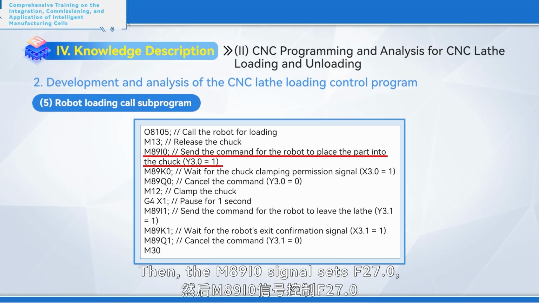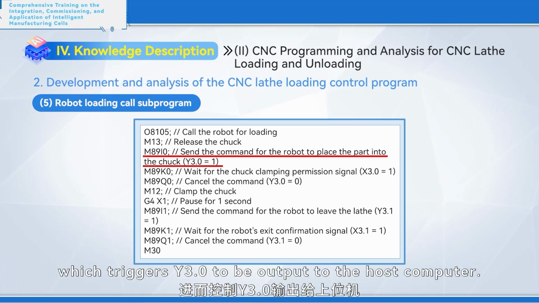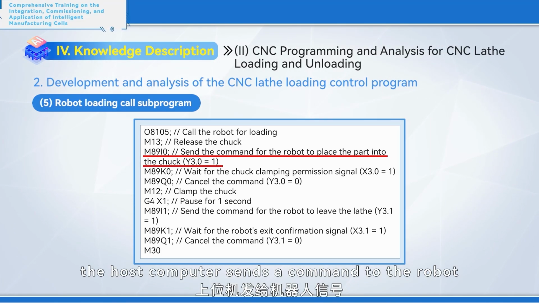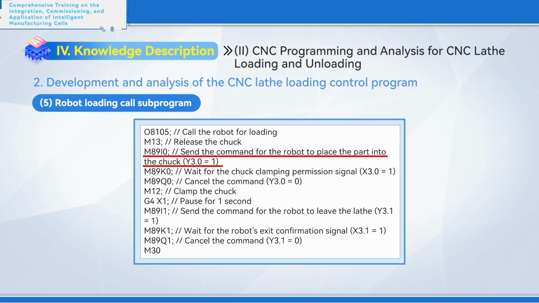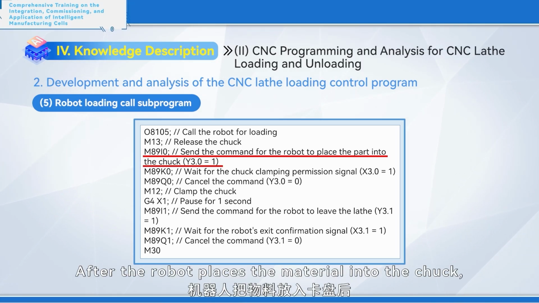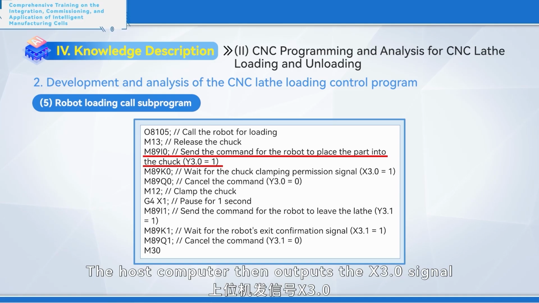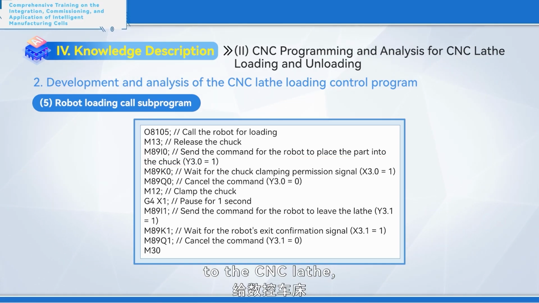Then, the M89I0 signal sets F27.0, which triggers Y3.0 to be output to the host computer. Upon receiving this signal, the host computer sends a command to the robot to begin the loading operation. After the robot places the material into the chuck, it sends a signal to the host computer. The host computer then outputs the X3.0 signal to the CNC lathe, which activates